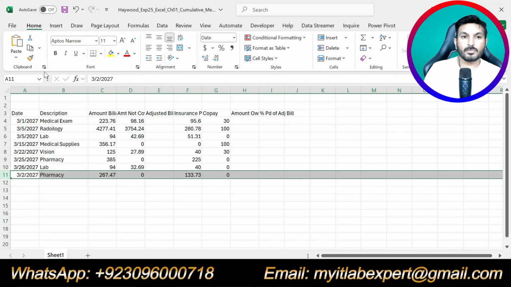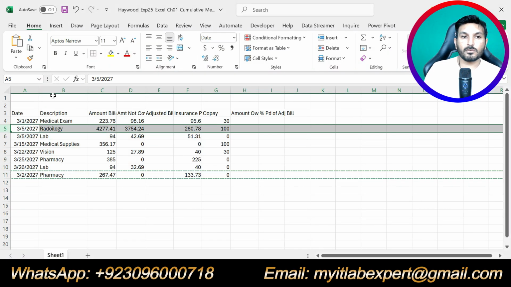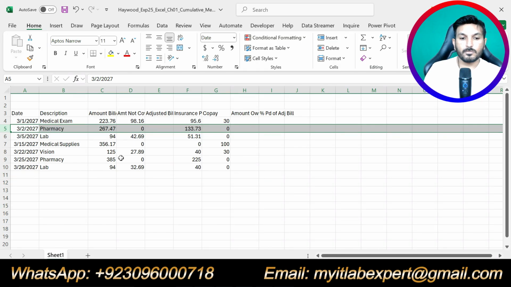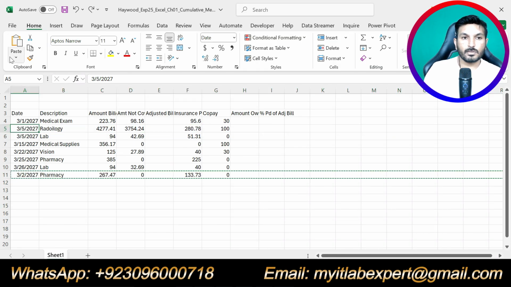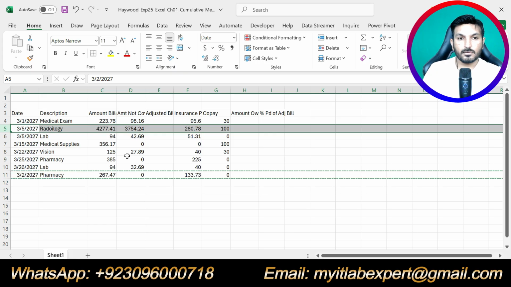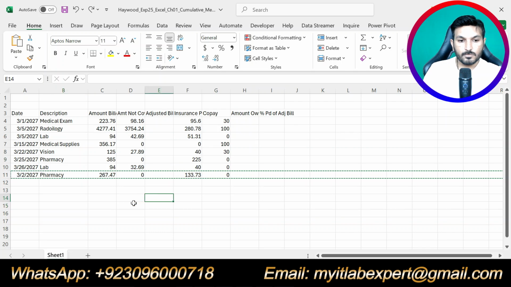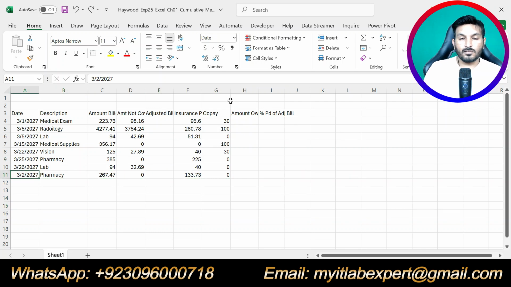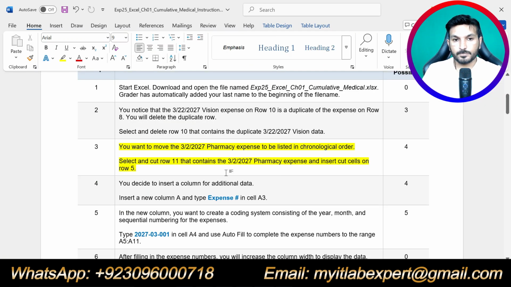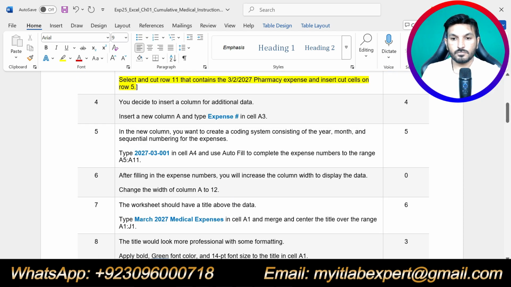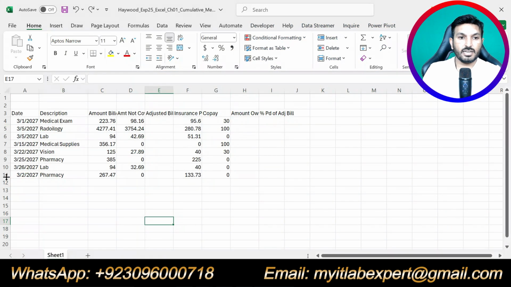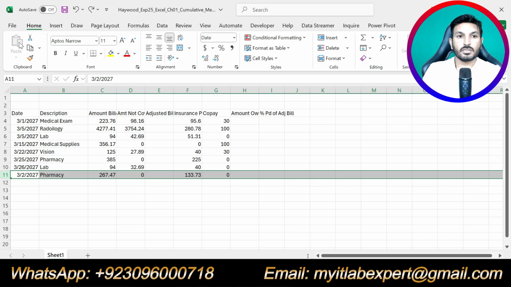Select row 11, cut this one, go to home tab and click cut.